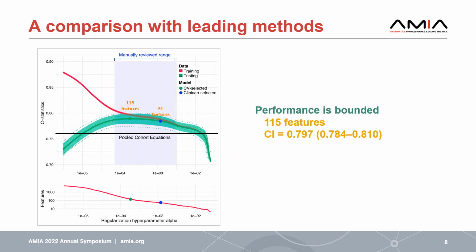Their method identified 115 features, and you can see here the performance on the training and on the testing, with an upper bound value that achieves the best prediction performance as measured by the concordance index, with 115 features. And they applied a manual review to identify 51 features. So the maximal concordance index was